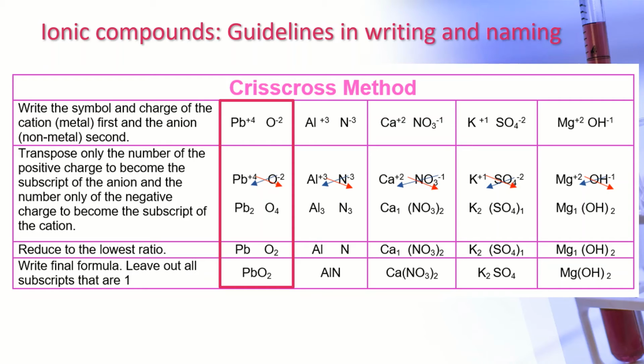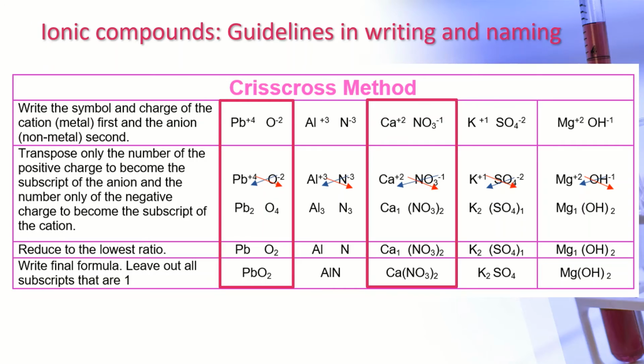Then transpose the superscript of the cation to become the subscript of the anion and vice versa. So it becomes Pb2O4. Take note, no more charges. In transposing, you cancel them out. Then reduce to lowest ratio. And no need to write 1. So it becomes